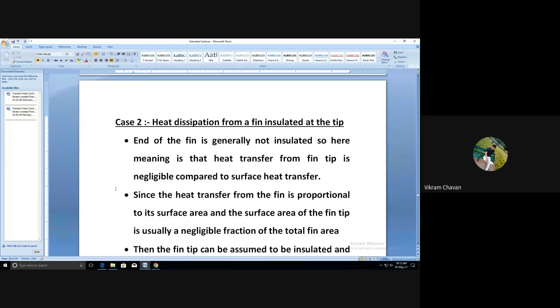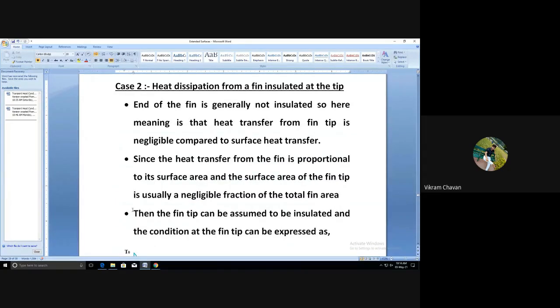Since the heat transfer from the fin is proportional to its surface area, and the surface area of the fin tip is usually a negligible fraction of the total fin area,